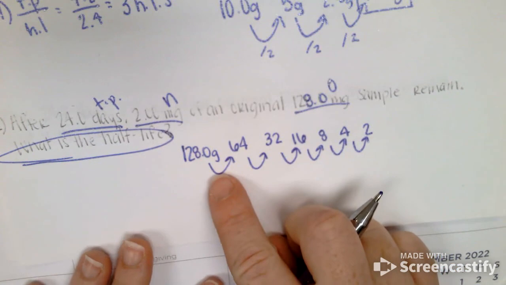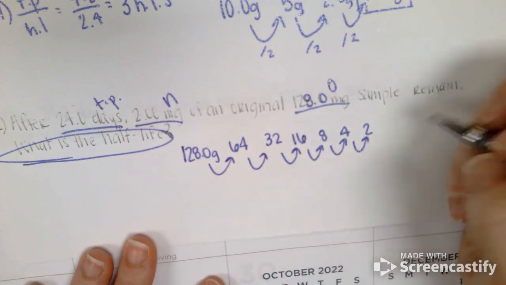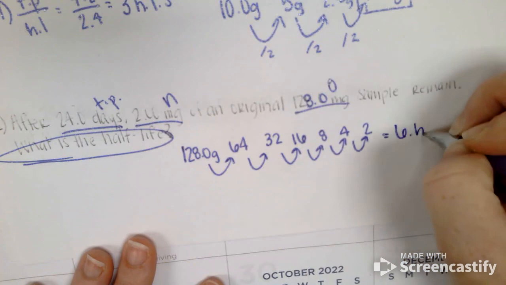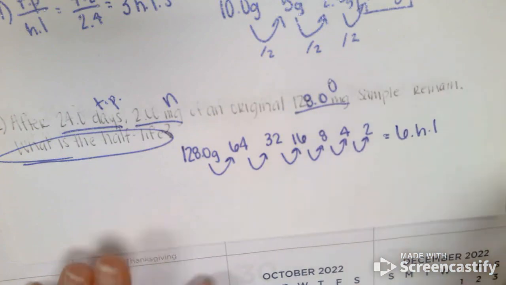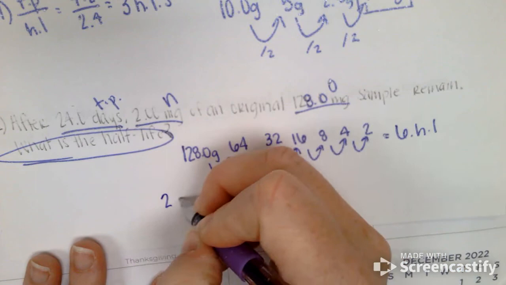So if we count our arrows, that tells us how many half-lives we went through. So 1, 2, 3, 4, 5, 6. So 6 half-lives. Now that we know that we went through 6 half-lives, we're going to take our 24